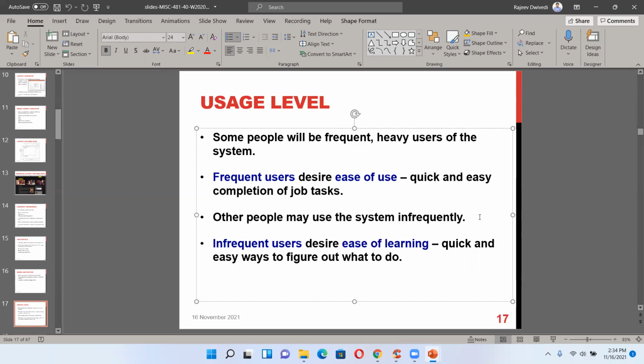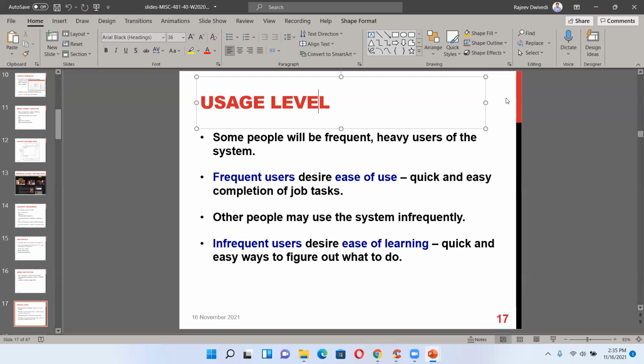Other people may use the system infrequently. Infrequent users desire ease of learning, quick and easy ways to figure out what to do. Let's say I go on a couple of other university websites, but it doesn't take me more than 2-3 minutes to get to the desired information, because almost all universities have a standard academic procedure.